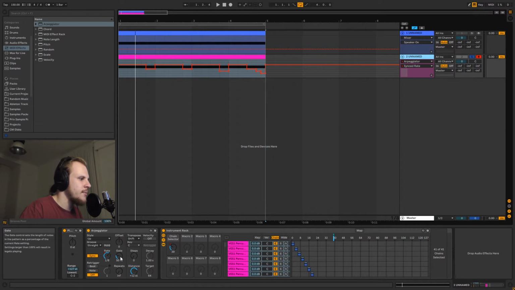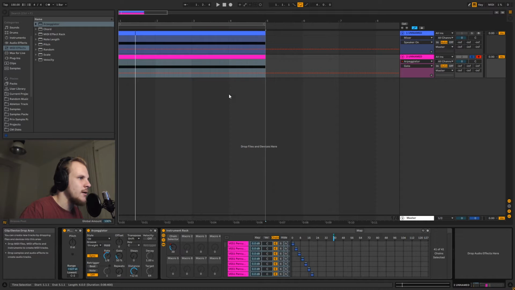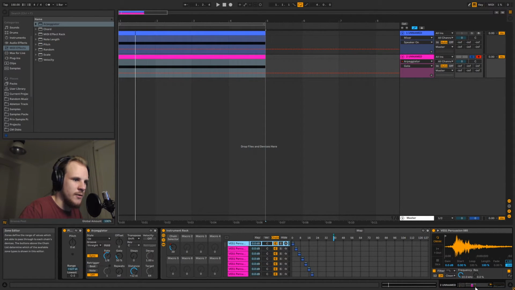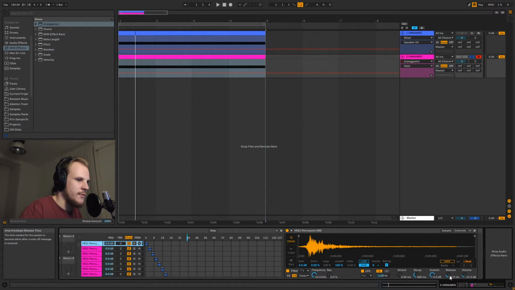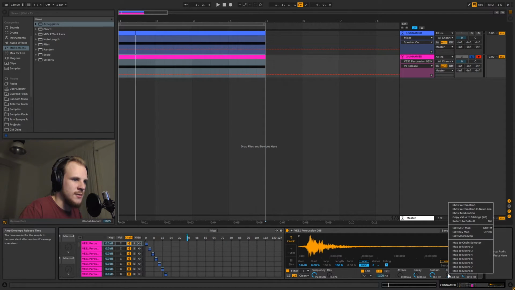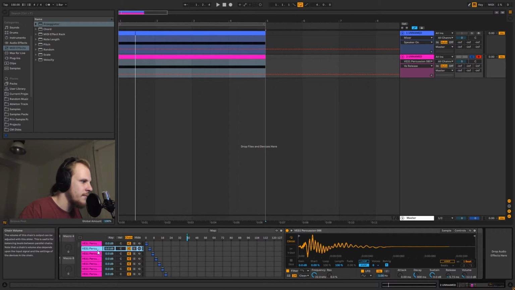And because of the way the arpeggio works, you have this gate option. It will always kind of gate them, but I think what you might want to do is turn the release down on all of these a little bit, to around 5 milliseconds. And again, this copy value to siblings, I'm pretty sure this is an option in your options.txt file. So if you don't find it in this menu, search for options.txt Ableton Live and you will be able to find it there. And you click this and this will copy over that option to all of the other instruments